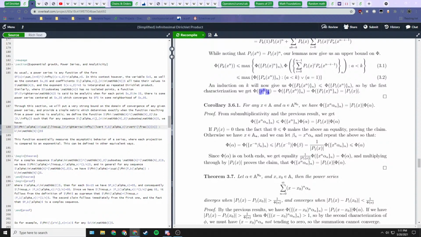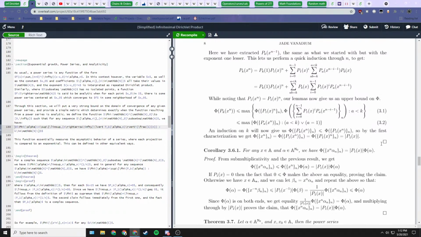And that gives us our overall phi value. But of course we know, because this p1 function is multiplicative, the phi value of this first projection is just the phi value of this exponential series, p1 of x, to the power of n. Well, p1 of x is a complex number, so this is just a standard root test of an exponential series, and that just gives us the absolute value of p1 of x, which is what we wanted to prove.